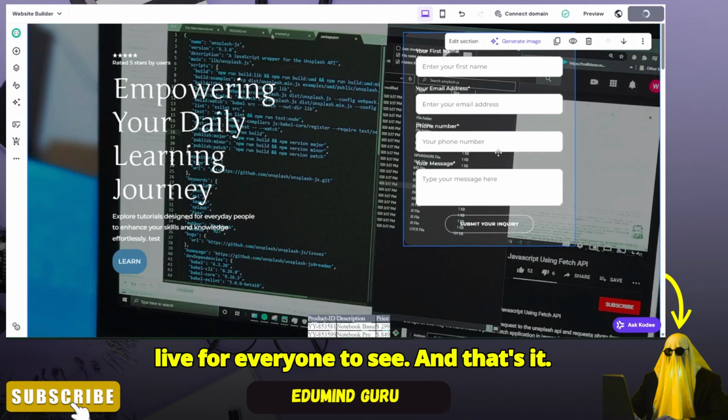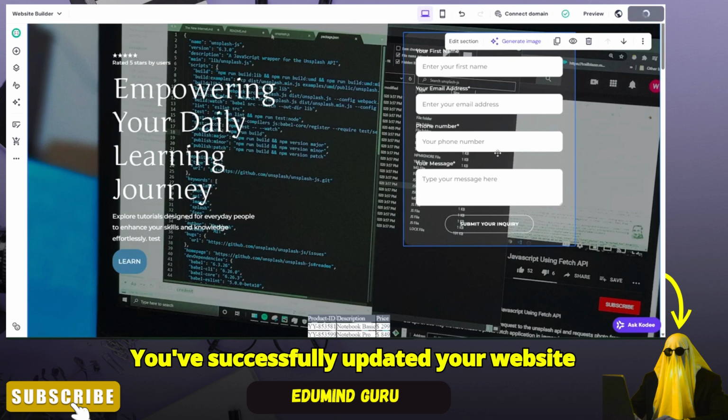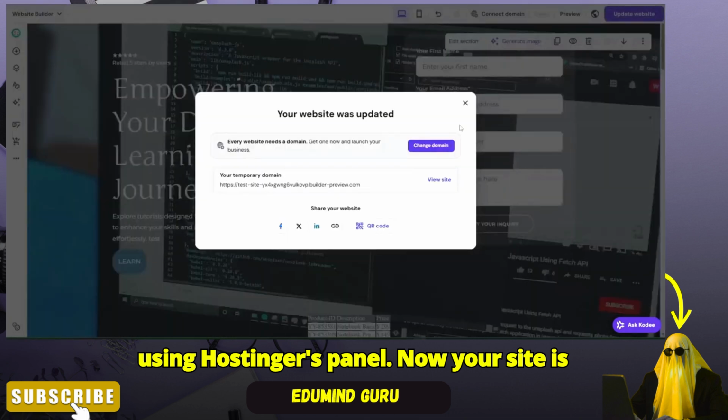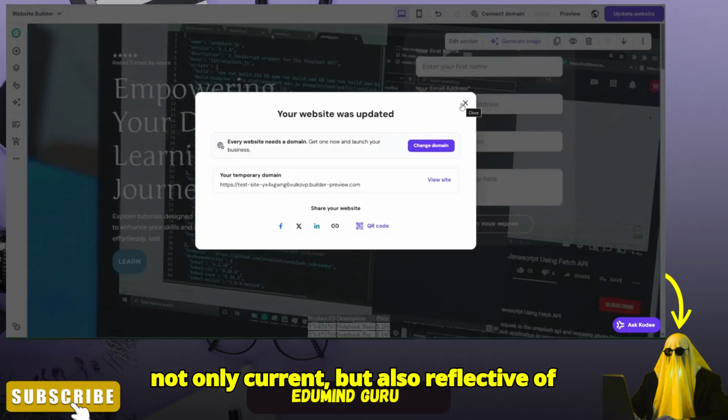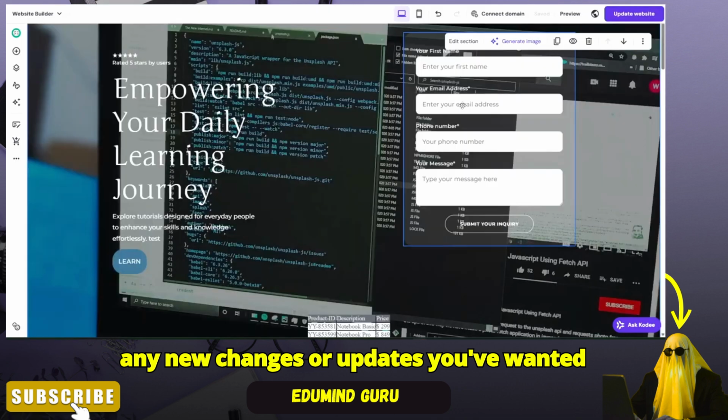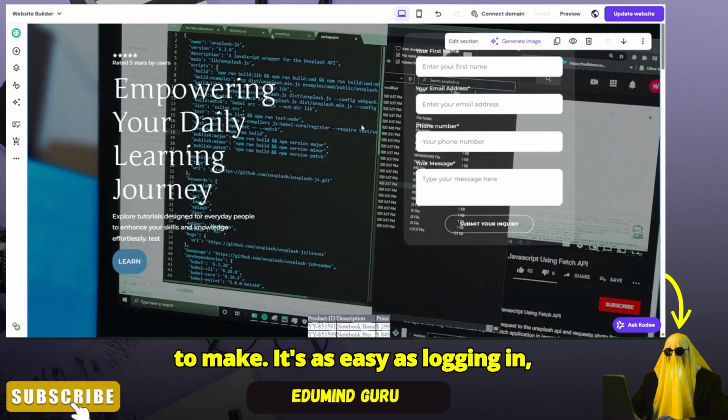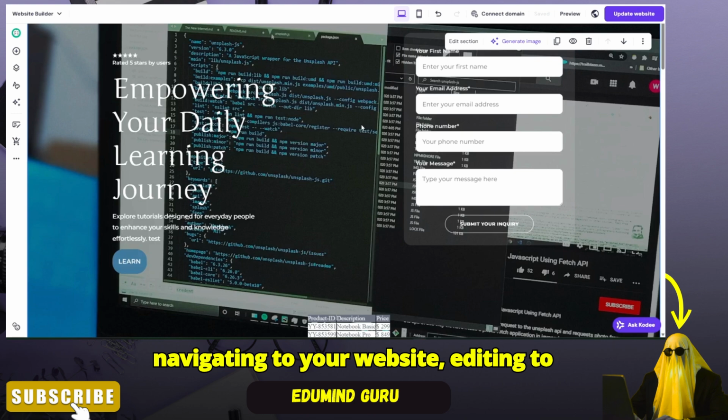And that's it. You've successfully updated your website using Hostinger's hPanel. Now your site is not only current, but also reflective of any new changes or updates you've wanted to make. It's as easy as logging in, navigating to your website, editing to your heart's content in the website builder,